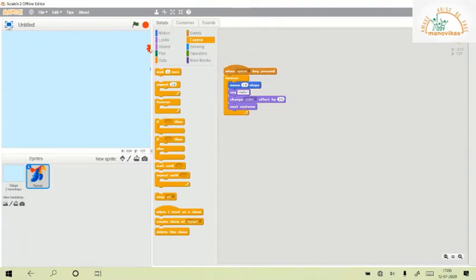And now I will put another option here. I will slow it down by using this wait. So I can change the seconds. Here I'm just putting 0.3 seconds. So you can try the seconds and you can reduce its speed the way you want. So again I will press the space key, and now you can see the bird is moving at a little slow pace.